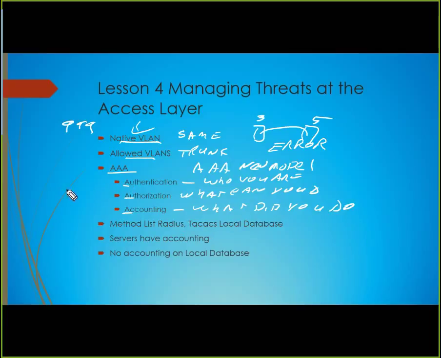And we could also have RADIUS, okay, messy, I'm sorry. RADIUS, TACACS, which could have accounting on them. And then we had the local database where we made usernames and passwords, and this one had no accounting. So the local database could do